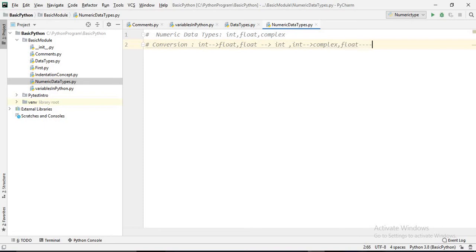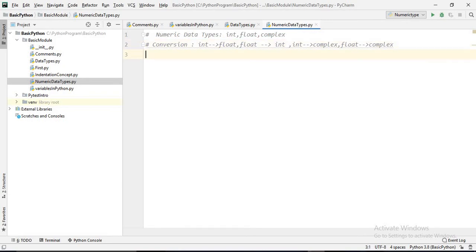So we can convert only integer to float, float to int, int to complex, float to complex. But the complex one we cannot convert. If we convert complex to integer, it will throw an error. I'll show you which error it throws.